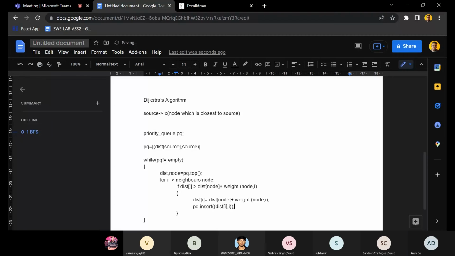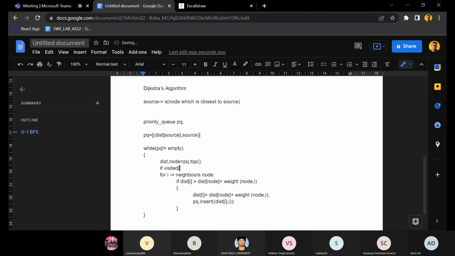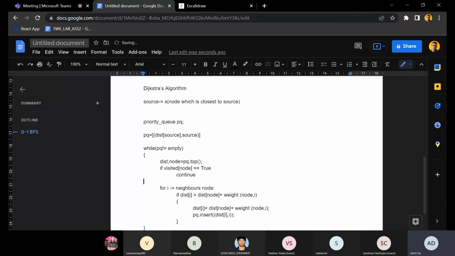Okay, so this is how it's done. And you also check here if the node has already been visited previously, so there is no need to visit it again. That would be a waste of time. If the node has already been visited, we skip it. So if the visited node is true, we continue, or else we mark the node as visited,